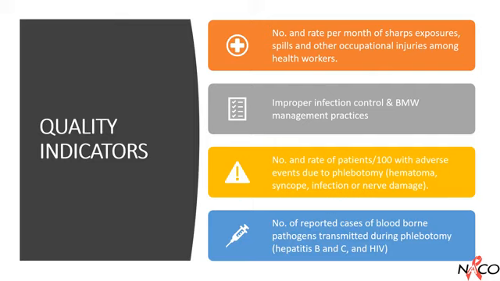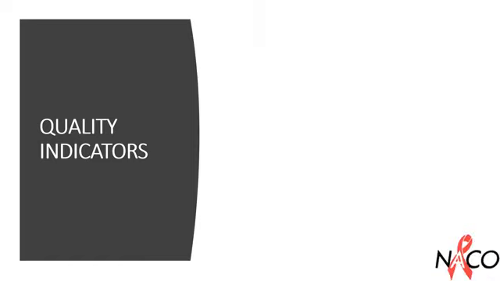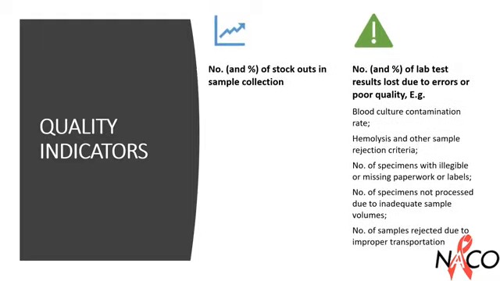adverse events due to phlebotomy like hematoma, syncope, infection, or nerve damage, and number of reported cases of blood-borne pathogens transmitted during phlebotomy like hepatitis B, hepatitis C, and HIV. Other quality indicators may also include number and percentage of stock-outs in sample collection, number and percentage of lab